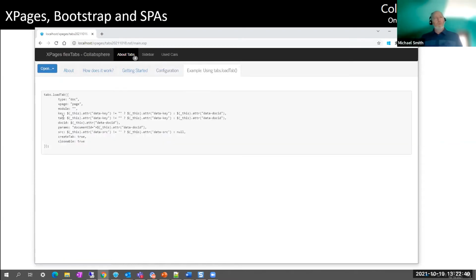Okay, so using loadTab. Anytime you see any of these tabs opening, this function is getting called, and it's just a matter of what parameters you're passing to it. In this case, this is the actual function that I'm calling. So you can see very little of this is hard-coded, and there's a lot of evaluation to determine what some of the different values should be. And if I turn on my inspector,